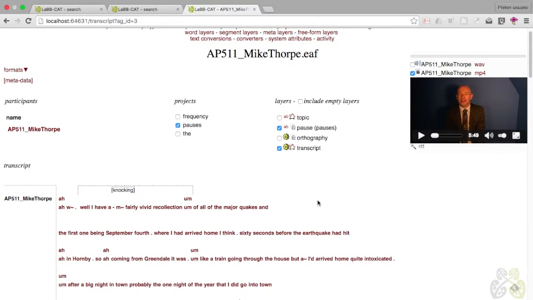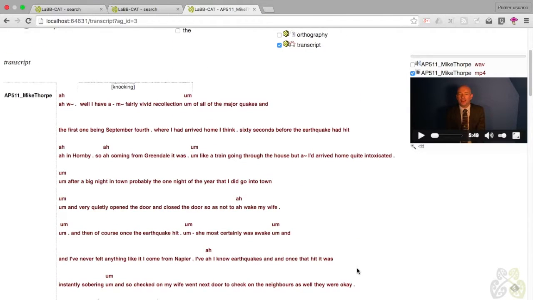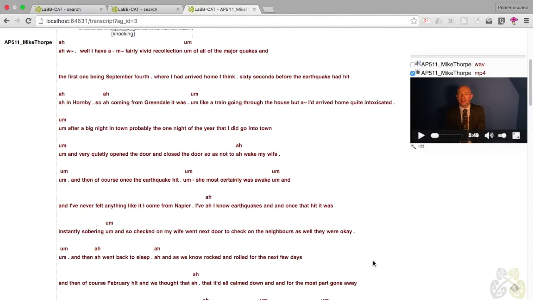And you'll see that each filled pause here that matched the regular expression has been tagged, and so forth throughout the transcript. Now that these filled pauses are automatically annotated, there are various things that you might want to do with these annotations. You can search for them as you can search for any annotations in order to collect statistics or study